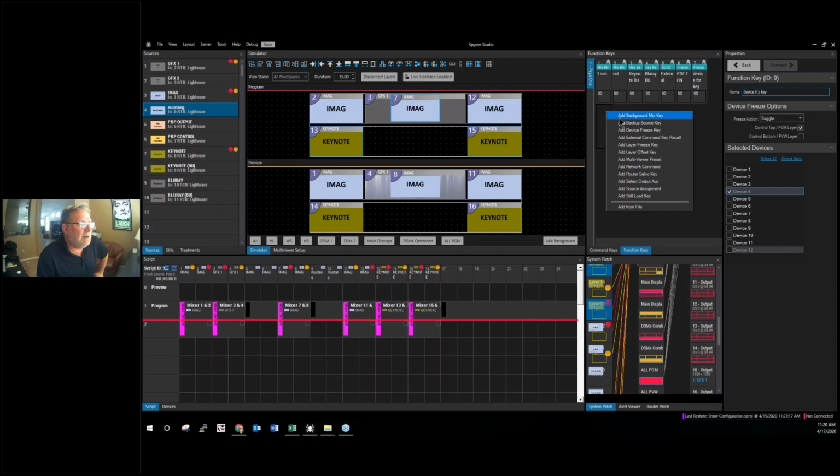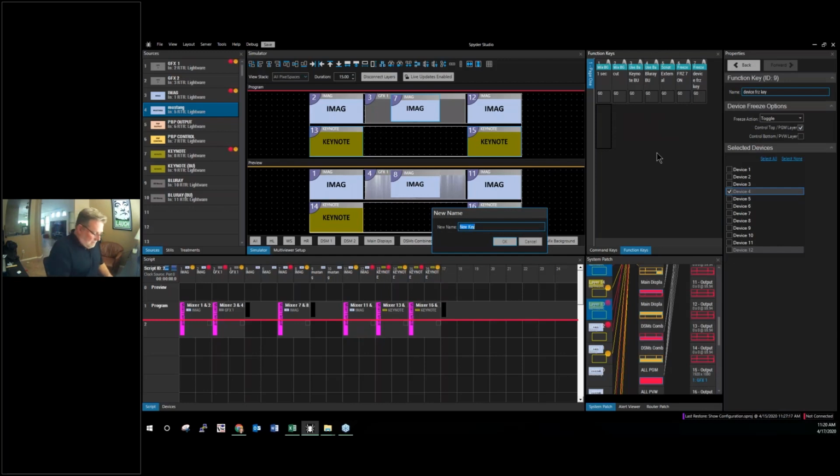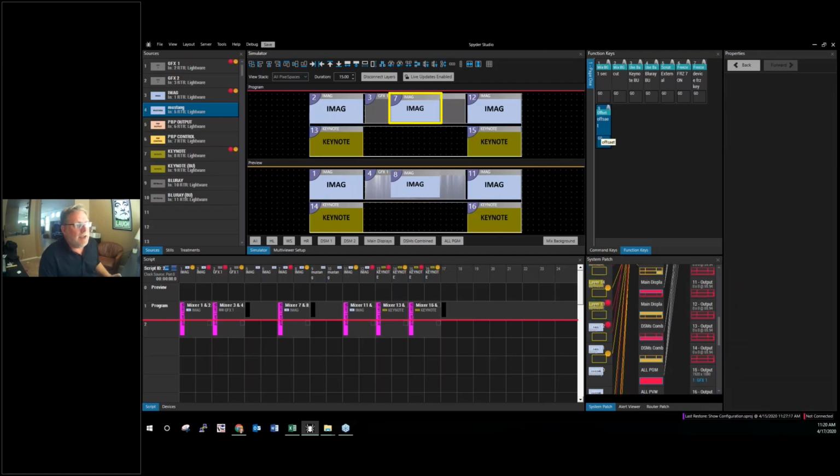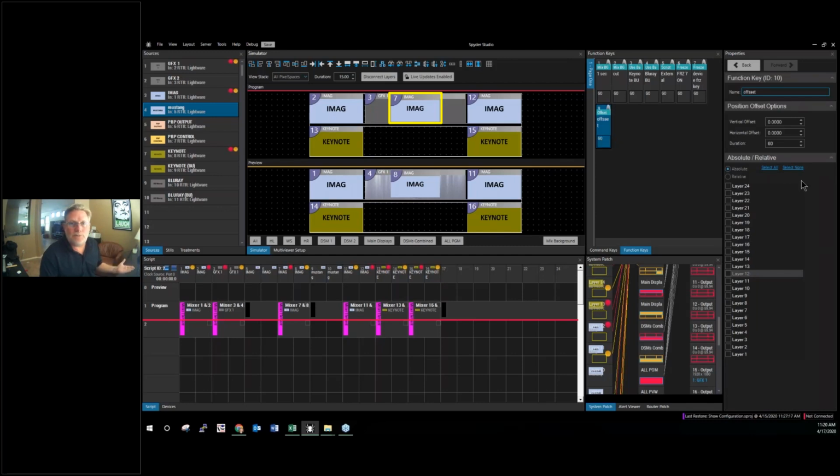Okay, we are at layer offset. Okay, the layer offset key. I'm going to call this offset. What this does is it allows you to offset the relative coordinate, the position of a layer by a set value. Okay, so if I wanted to take, say, layer 7, sorry, and I wanted to change its position,